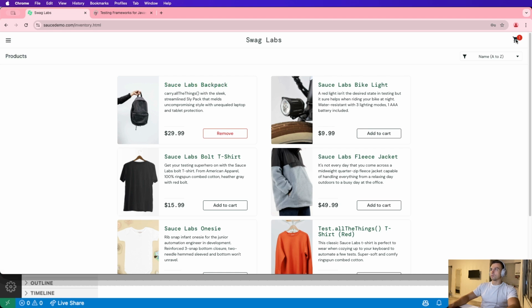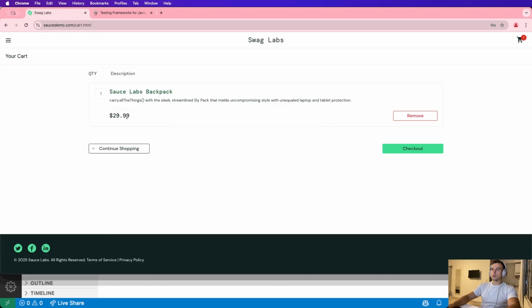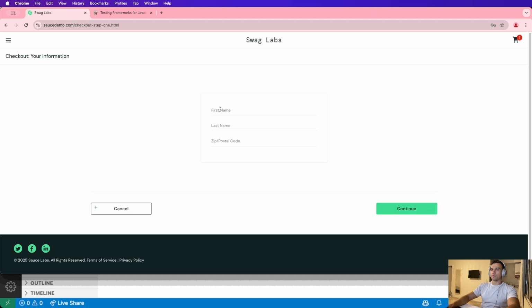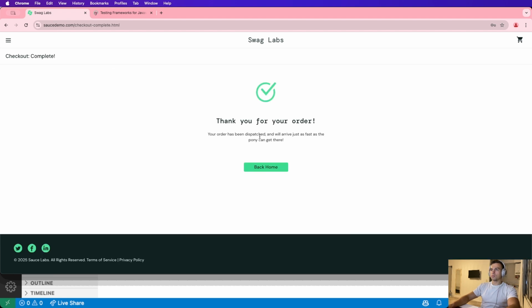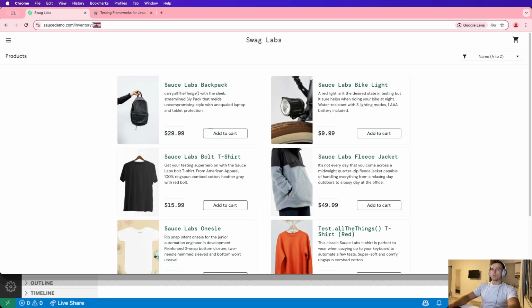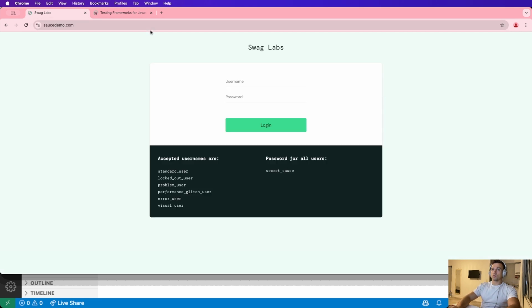and then in this cart we have a description of our product, and we can go ahead, fill in information about ourselves, order description, and the final page. Thank you for your order. So I think we'll cover some pages, and